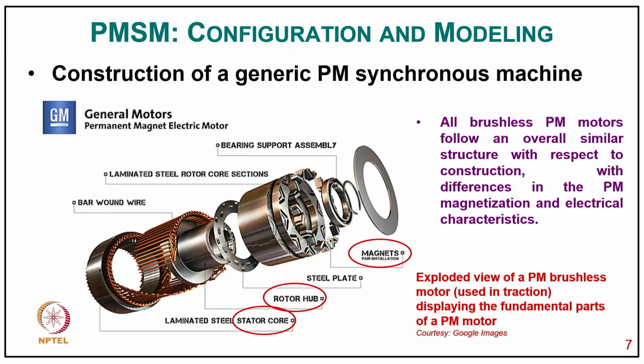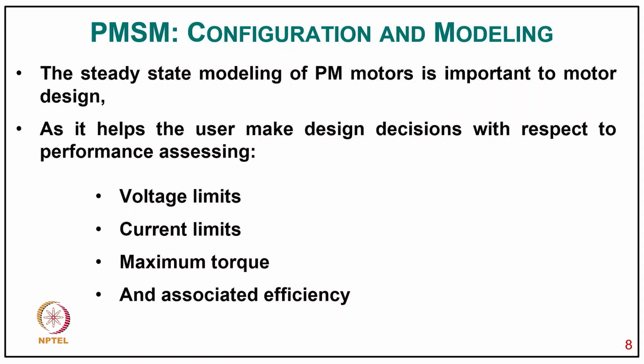You can see the different parts, how the winding looks, how the permanent magnet looks, and how saliency is typically put into the rotor part, which really enhances the characteristic of the machine, typically for field weakening. All brushless PM motors follow an overall similar structure with respect to the construction, with differences in the permanent magnetization and electrical characteristics. Here is a very interesting configuration where saliency torque is reasonable in addition to permanent magnet torque. Now, the steady state modeling of permanent magnet motors is important to motor design,